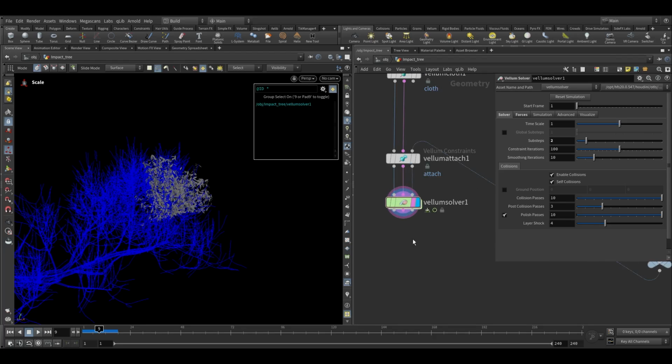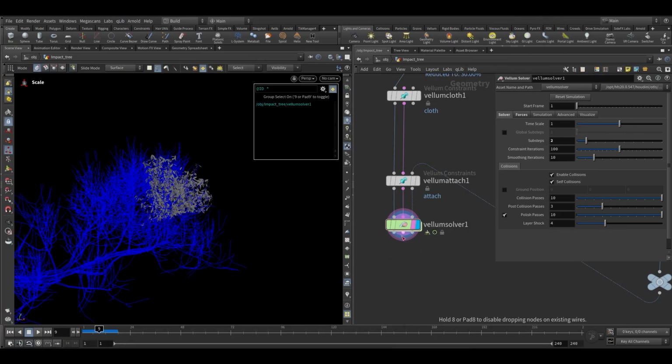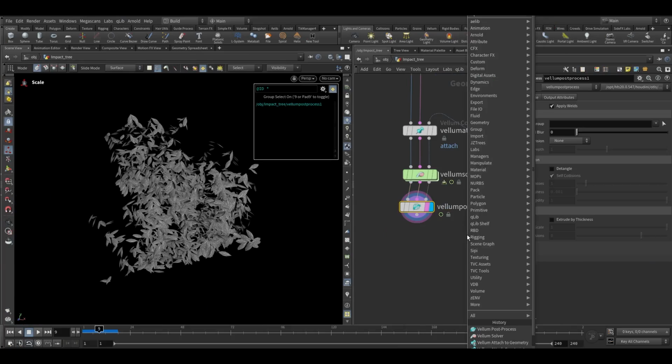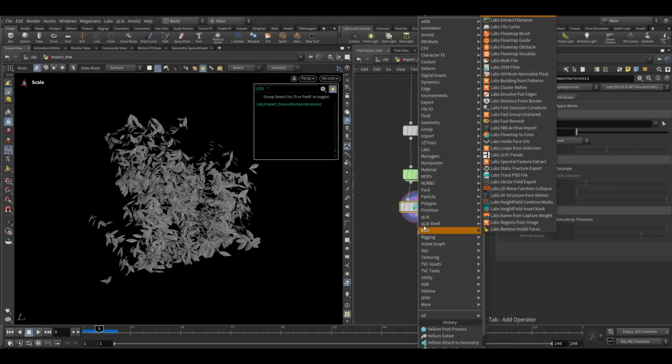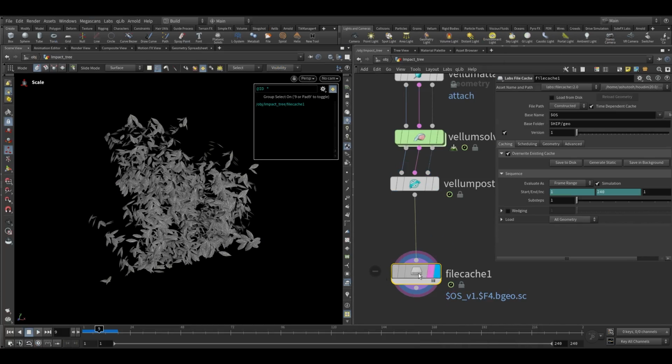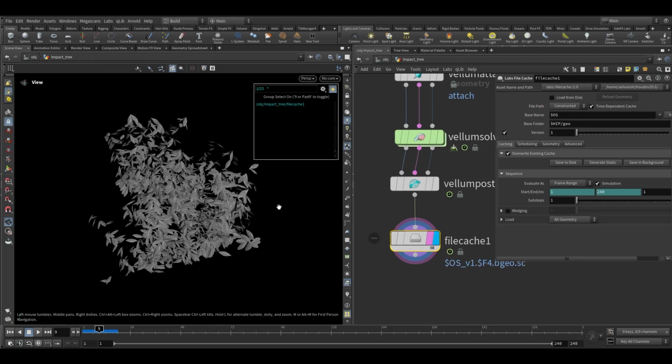So first take a Vellum post process node, and now we have to choose labs file cache. Labs file cache, not the default file cache. We have to choose this labs file cache, and here we have to click on wedging,